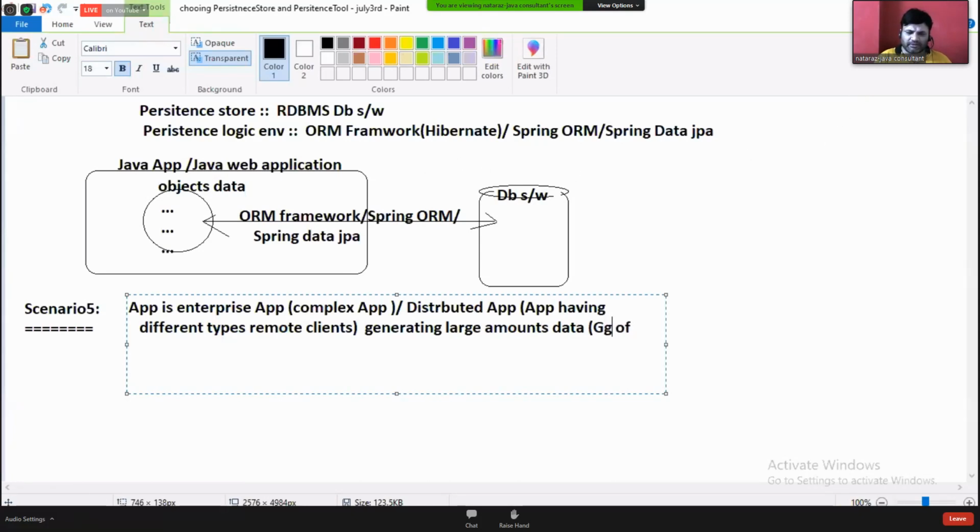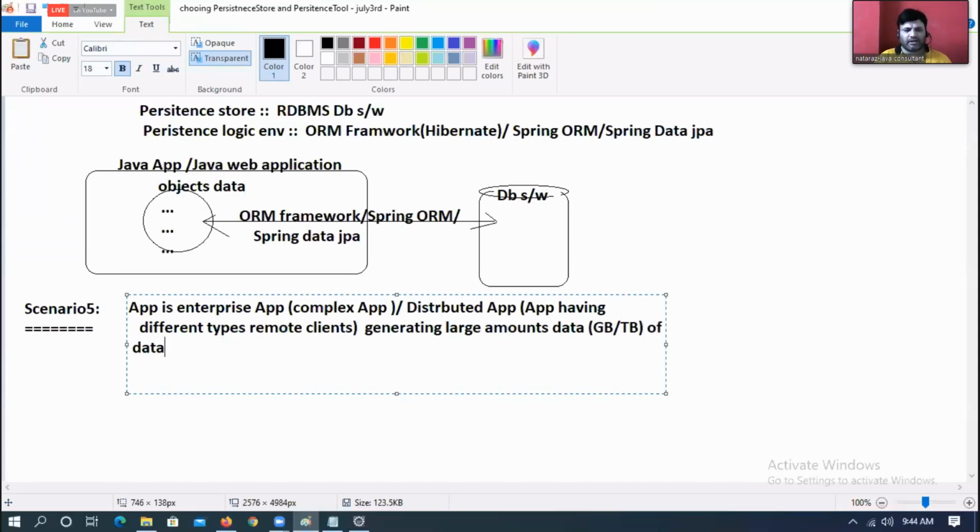GBs and TBs, gigabytes and terabytes of data to persist in the form of text data.